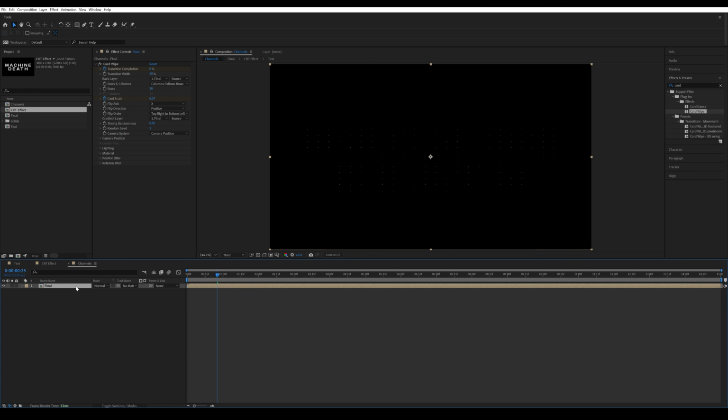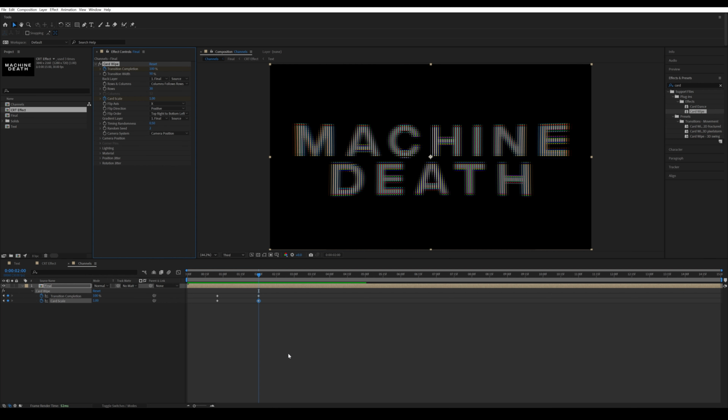All right, I'm going to select the layer and hit U so I can see keyframes. I'm going to move this to about 2 seconds. Change transition complete to 100 and card scale to 1. From there, I'm gonna go back, move the timeline all the way to about 13 seconds. Do the same thing, just click and drag these to set another keyframe right there so that the values don't